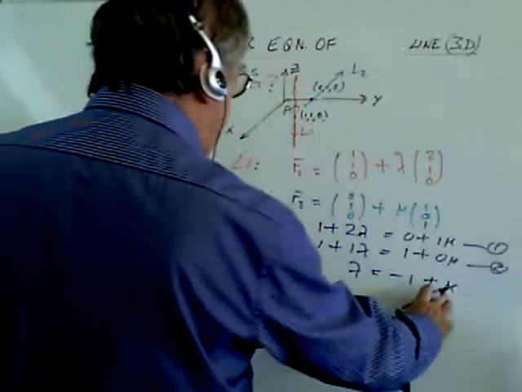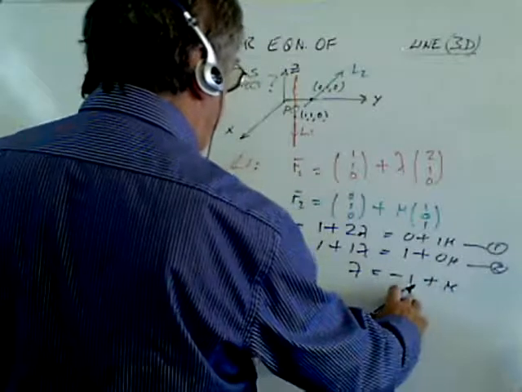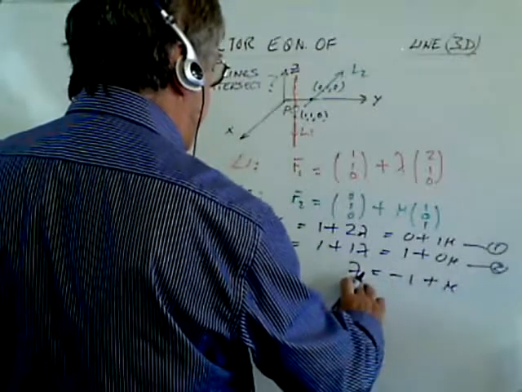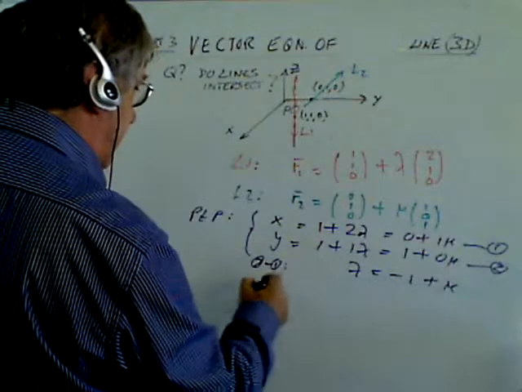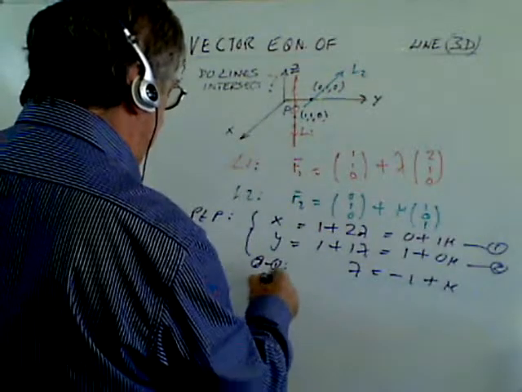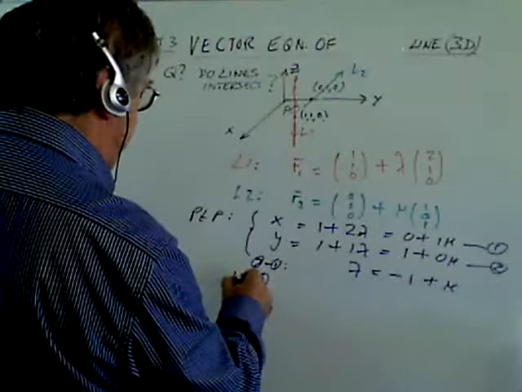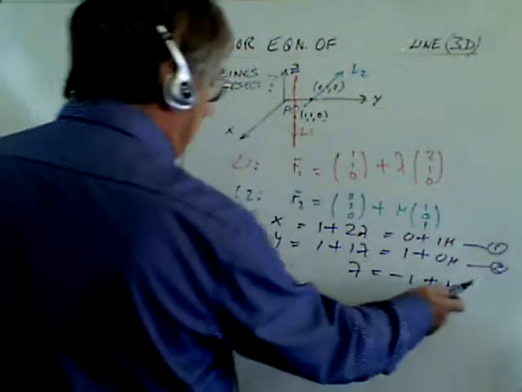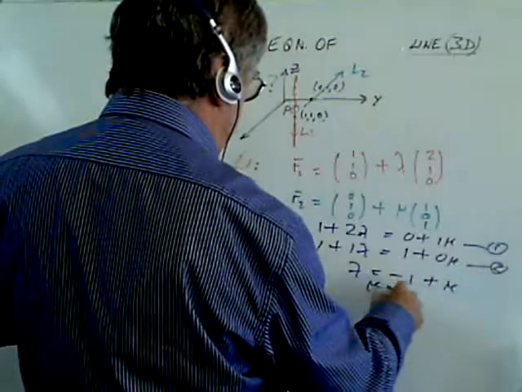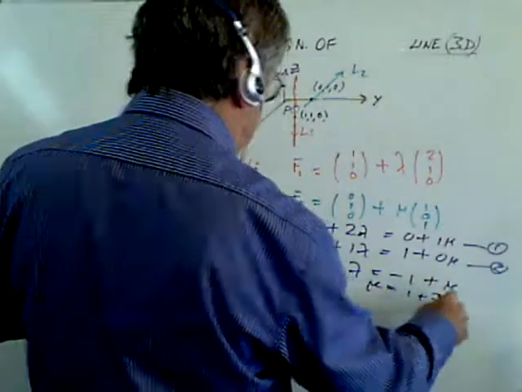So I know what mu is, it's 1 plus lambda. So in equation 1, I can just put that in there. If I substitute mu is equal to 1 plus lambda into equation 1,